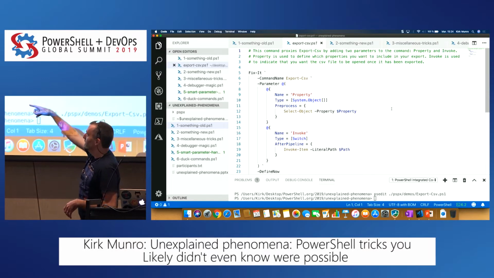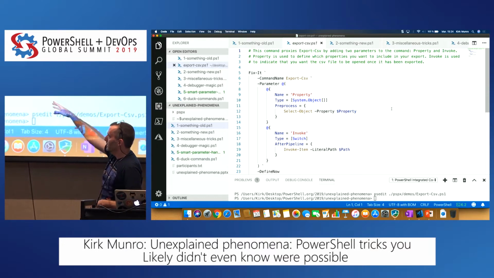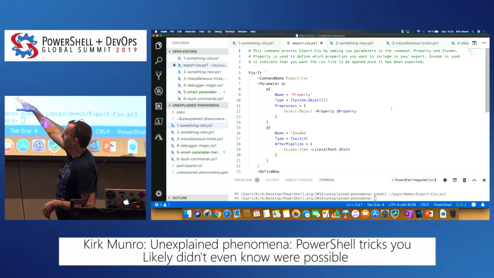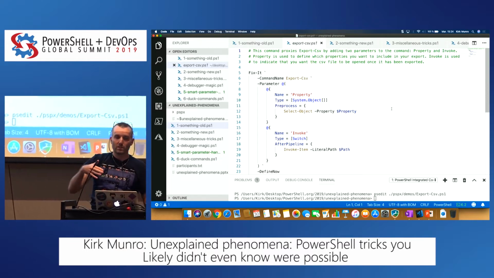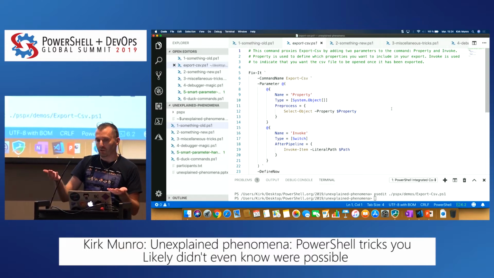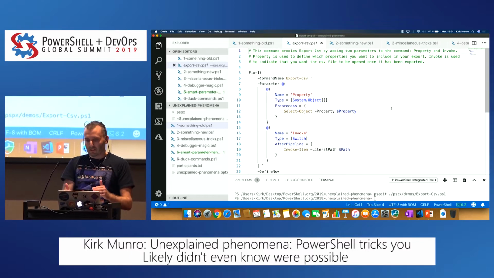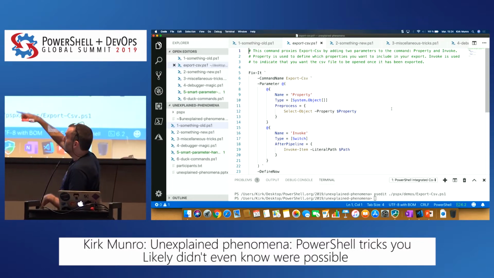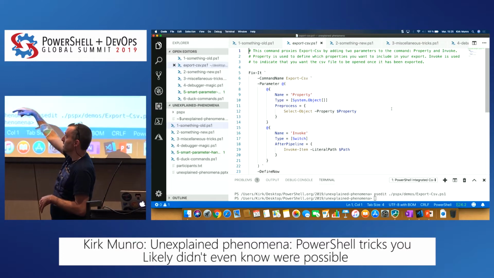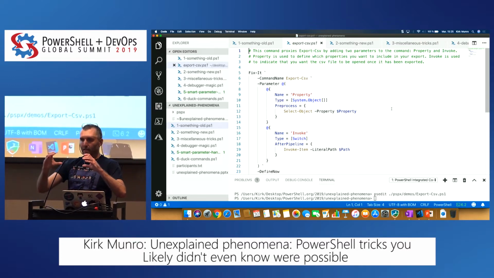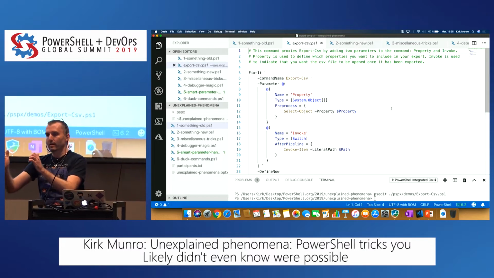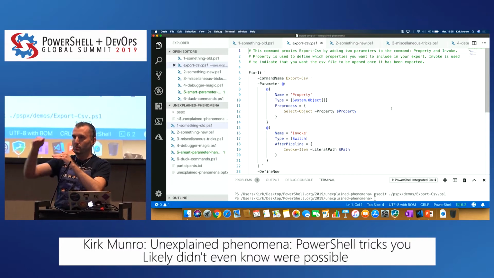And there's another one there for invoke, which currently doesn't work on PowerShell Core, so I'll just have to look at that one. But anyway, the idea was that if I export data to a CSV, I might want to see it right away and just have it show up with dash invoke. So there's pre-process, and there's also post-process, and there's before pipeline, and there's after pipeline. If you picture a pipeline, a stage of commands, those are the four places that I might want to do things.